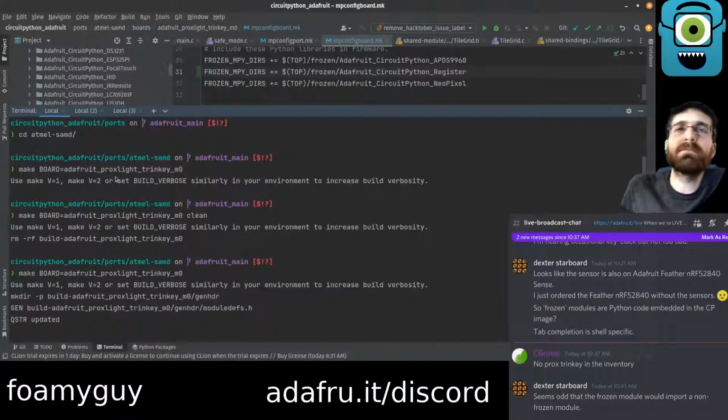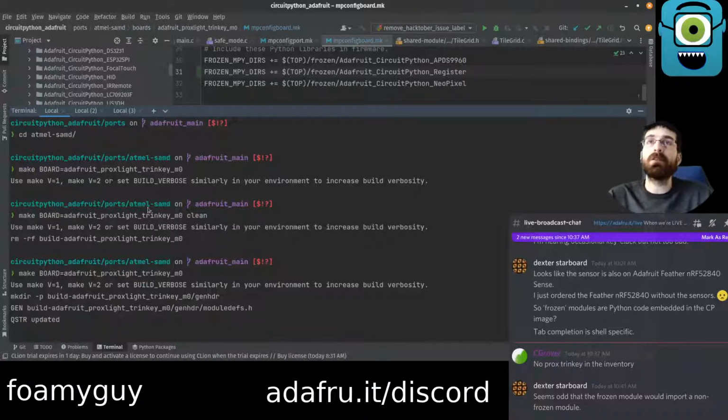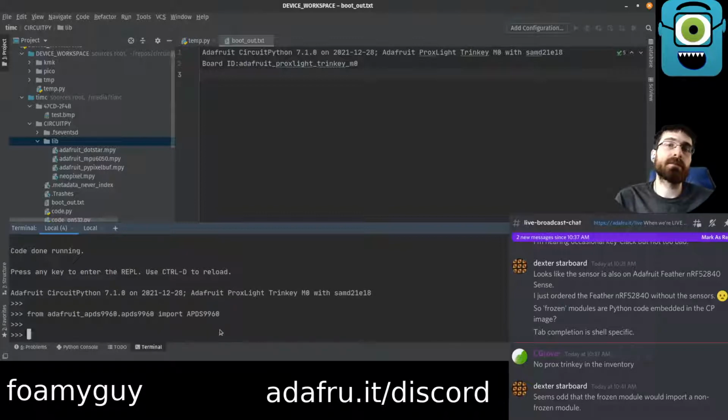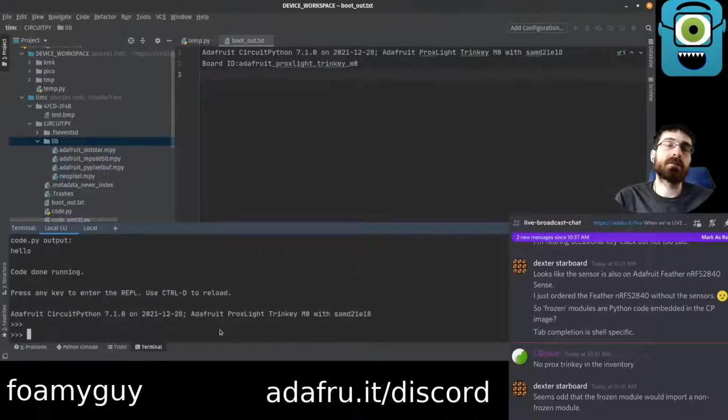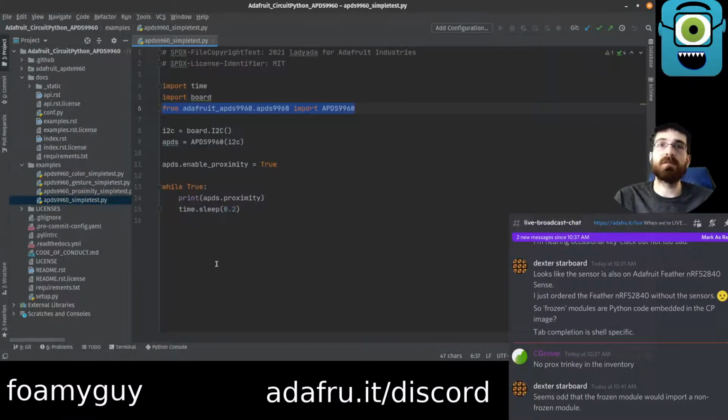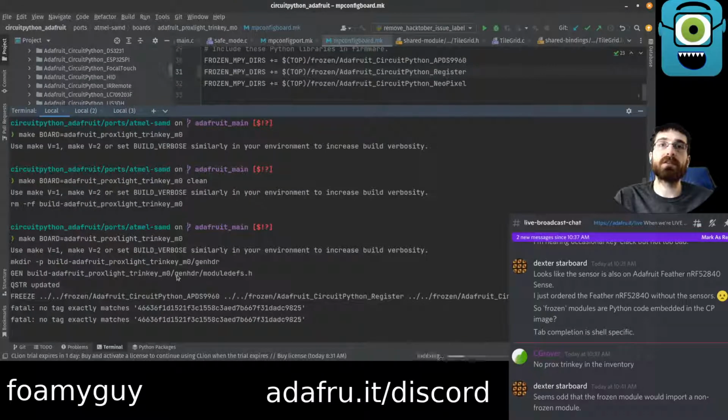Weird. Maybe it didn't realize it changed or something. Okay, well that's running. Let's see if this theory's right. If we delete register, this will not actually work anymore, right? Yeah. So if we can freeze register in,